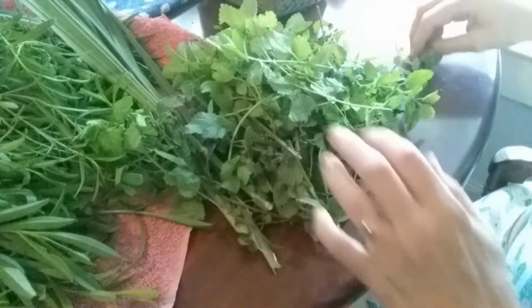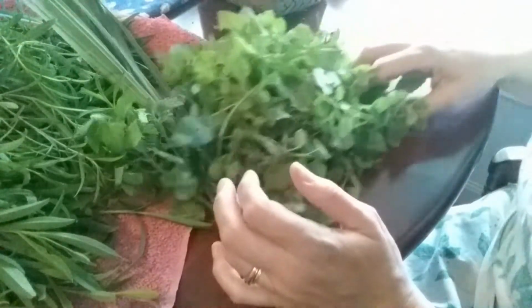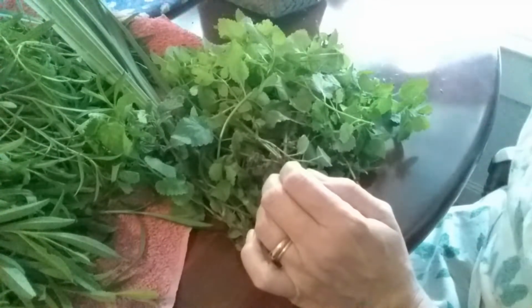I get a lot of my tea stuff there. But we go there and get just a little piece of lemongrass that they sell for cooking. And if you bring it home and put it in a glass of water in the window, eventually, slowly, it will root. And after it's got some good roots, then you can